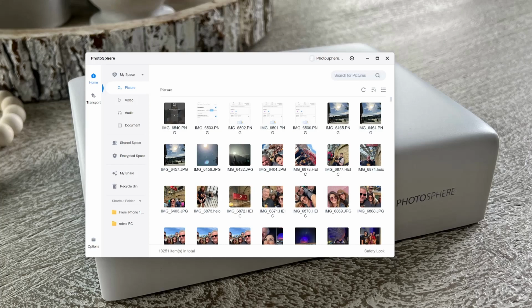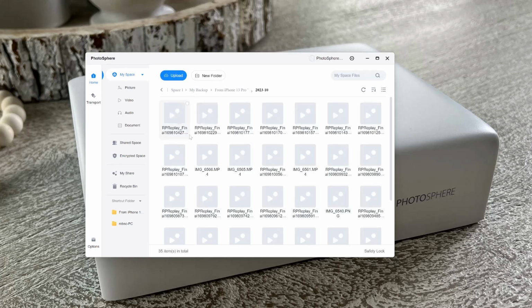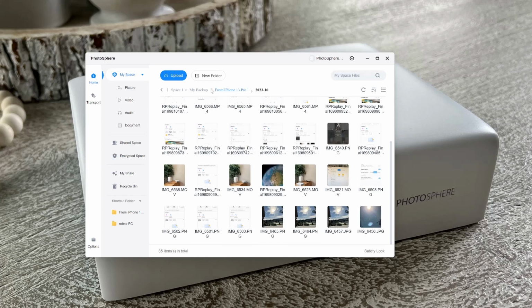So that covers the basics of the interface. Let's go back and show you some of the things you can do with all of your backups. First, you can manually upload files and folders that you want. If you don't want them continually backed up and you just want to do a one-time backup, you can use this to upload files. You can view your backups by drilling down, double-clicking on those, and viewing your photos, viewing